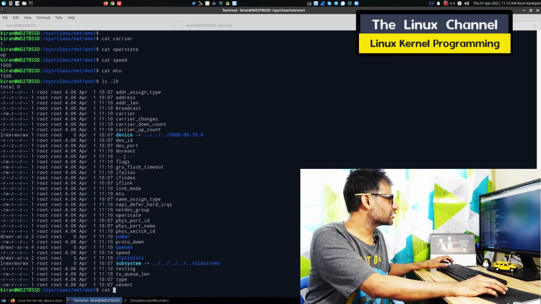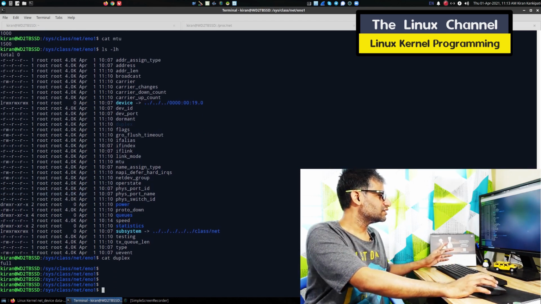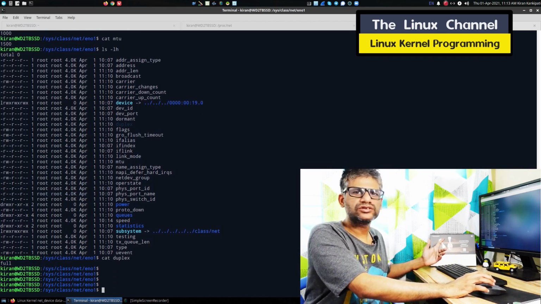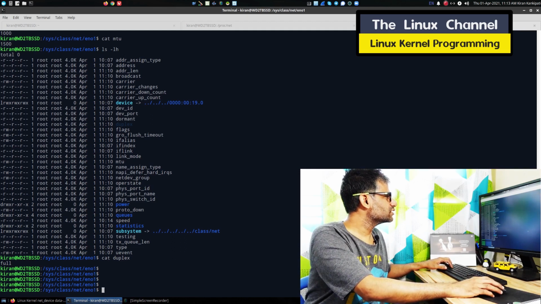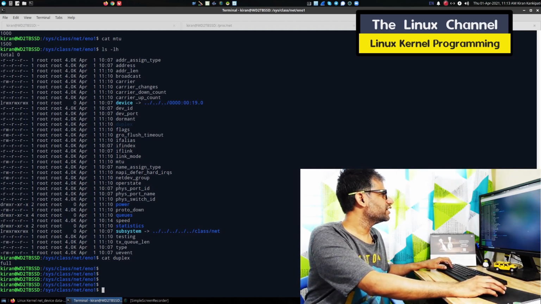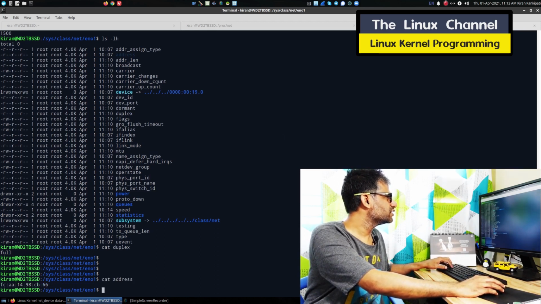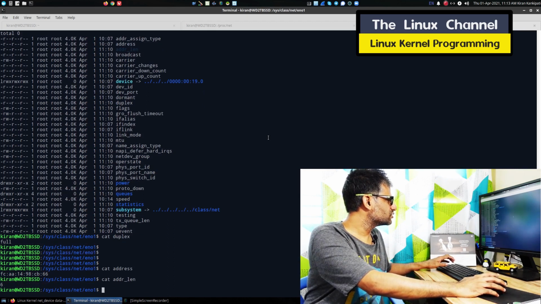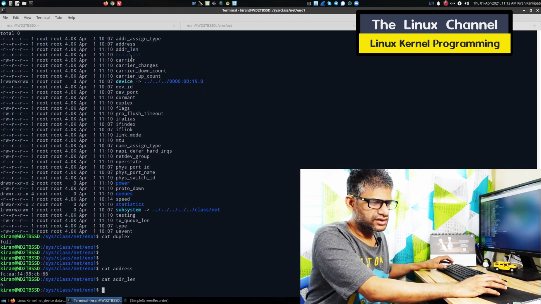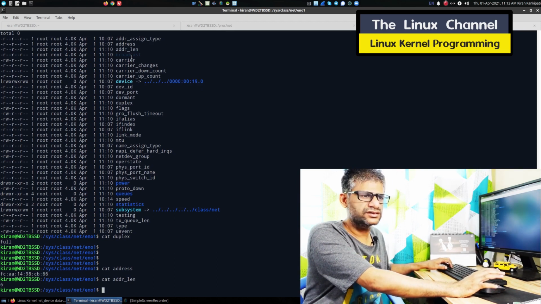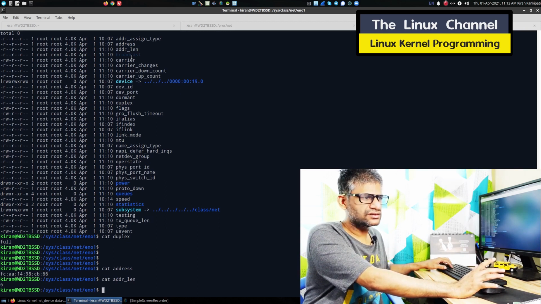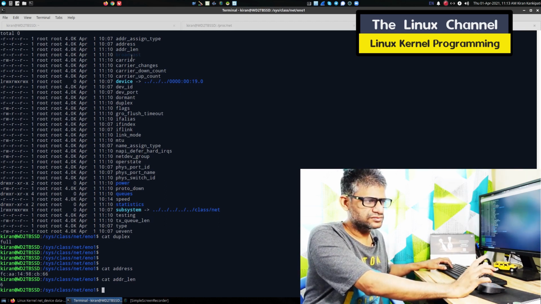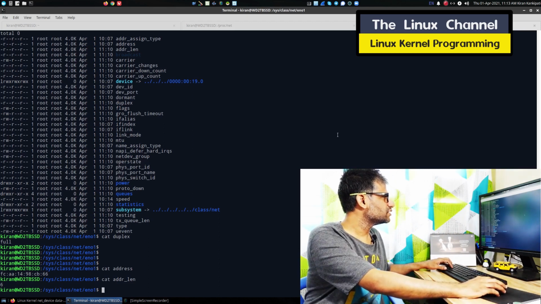See, cat this duplex. It shows whether the link is half or full duplex. These things you can see over here. By the way, this address, I hope this is your hardware address, and address length should show 6, because there is a HW address length defined in kernel and user space, in if_linux or something, and this should correspond to that.